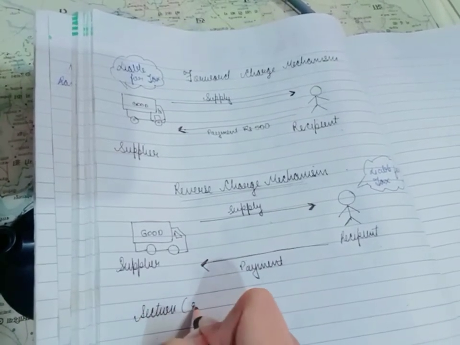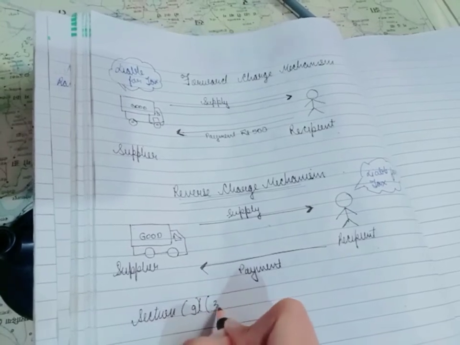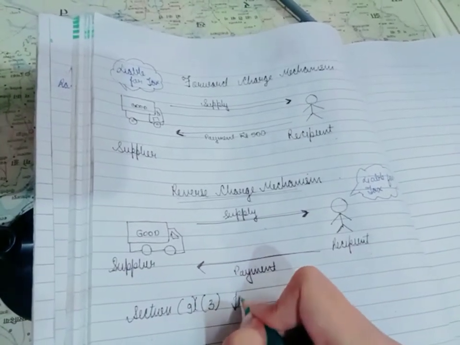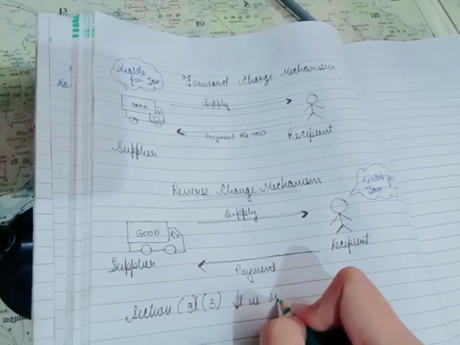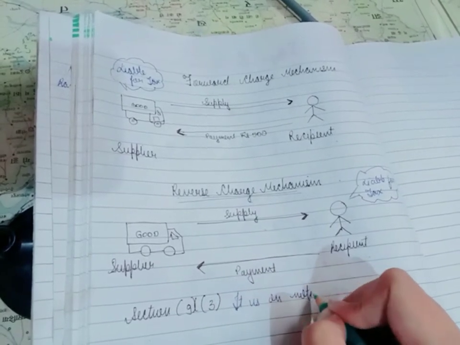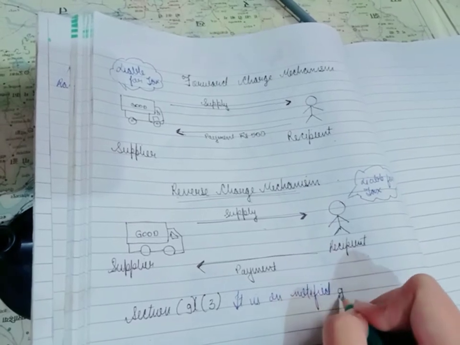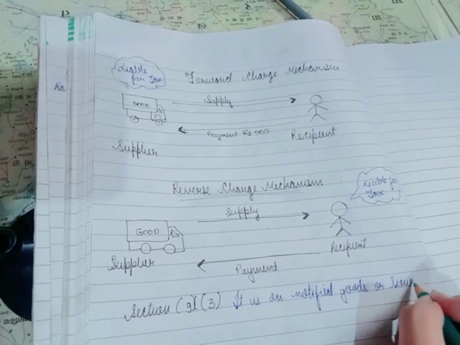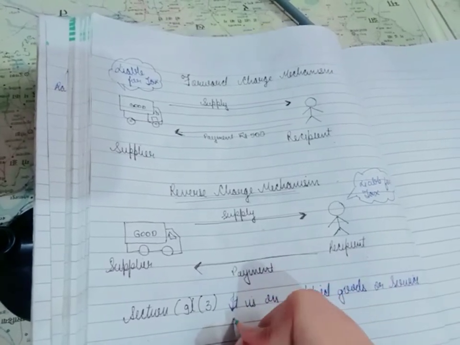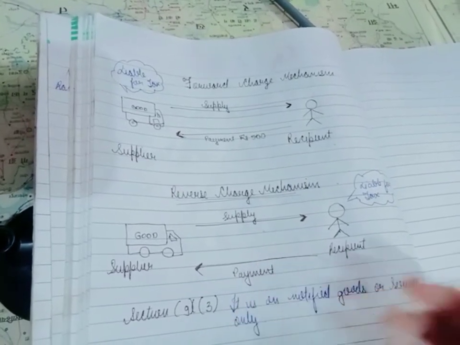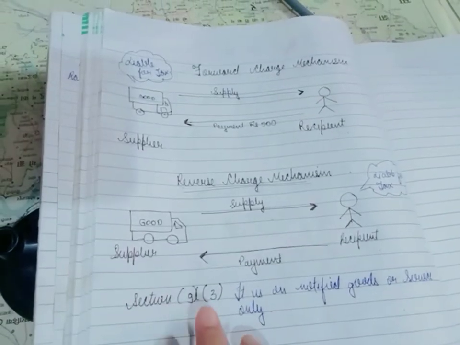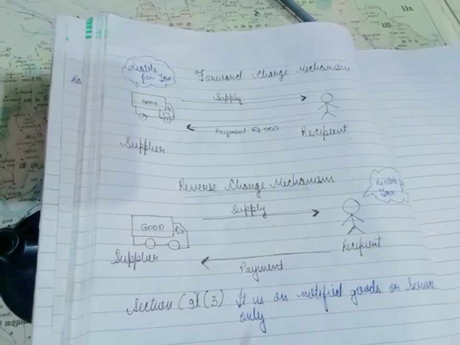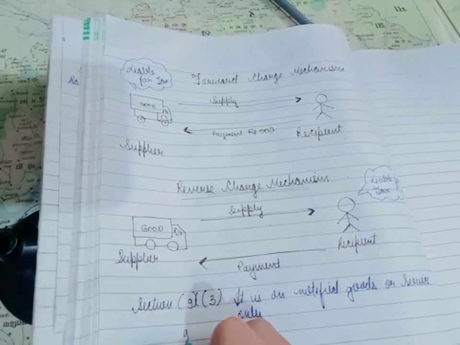9 subsection 3. It is on notified goods or services only. Now, under this section 9 subsection 3, the recipient is liable to pay the taxes, and section 9 subsection